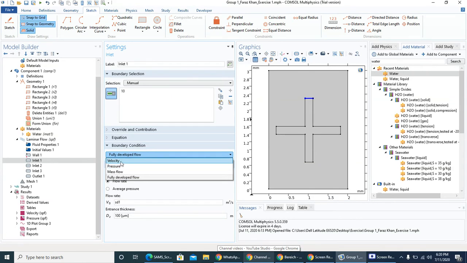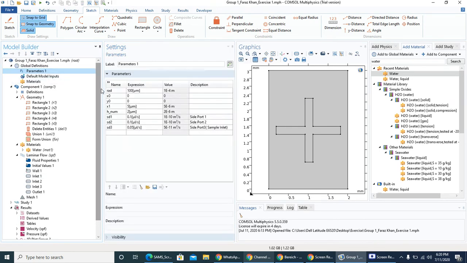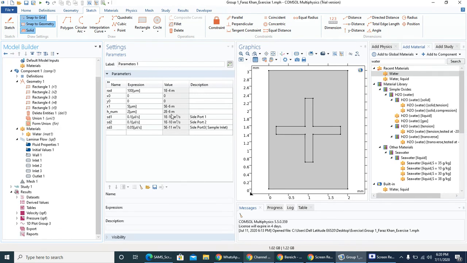Before it was just selected velocity, so now I add fully developed flow, and in the fully developed flow I add flow rate. In the flow rate I add velocity and diameter, thickness, entrance thickness, sorry. The thing is SG1; here the SG1 is already linked with the parameter we have defined before. This is side port 1 with a velocity of 0.1 µl per second, that is already given in our assignment. So I just say in inlet 1 this is SG1,